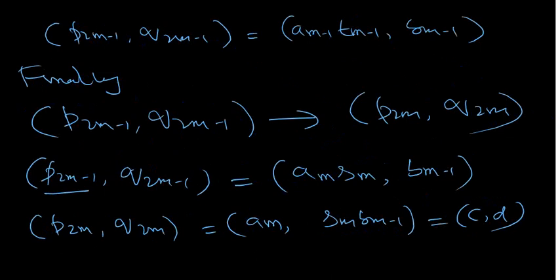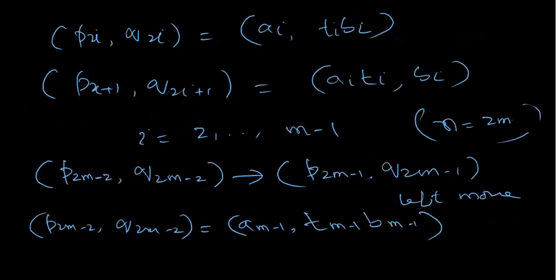Here, this is the left move and this is the right move. I want to see the left move here. Left move previous. This is here AM-1, TM-1. So AM-1, TM-1 is actually equal to